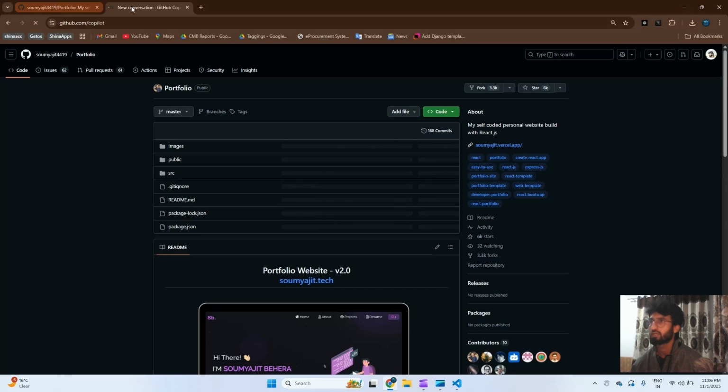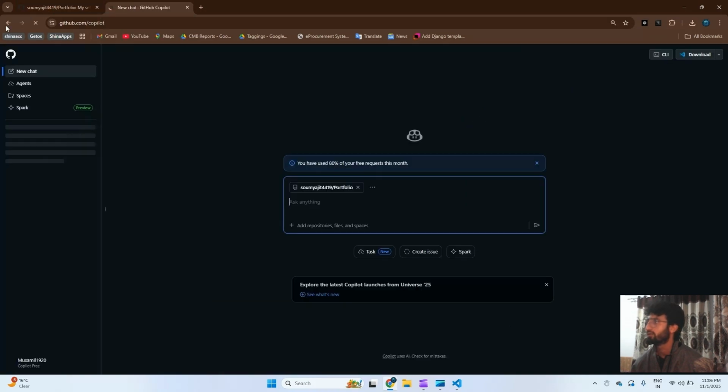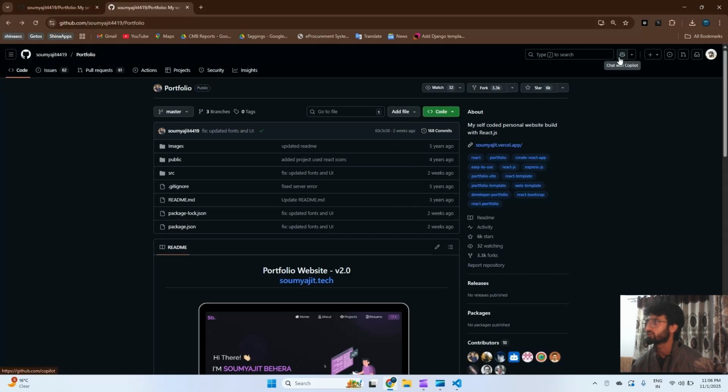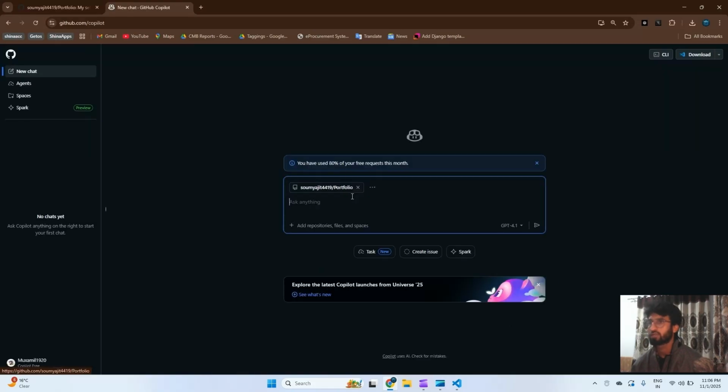So what you can do is you can directly open Copilot from here. On the top right corner above the search option, you can directly chat with Copilot. So it is inbuilt, Copilot is there. I already have this file associated. So I'll write a few prompts so that I'll get to know what software I have to download. I have just downloaded the zip file